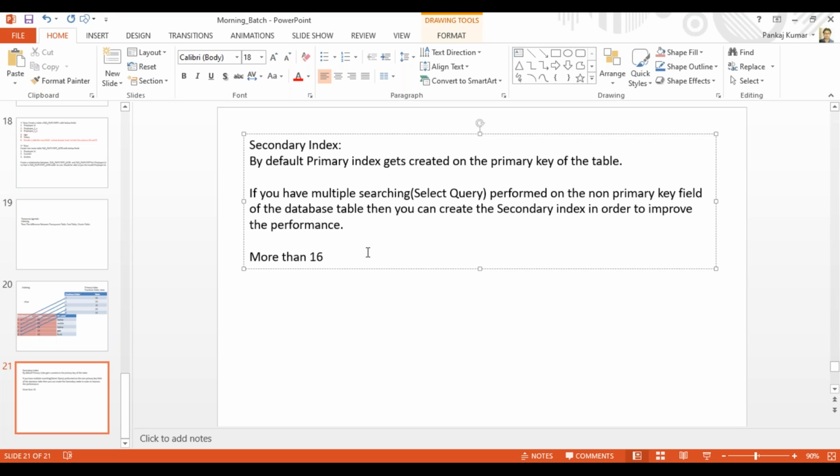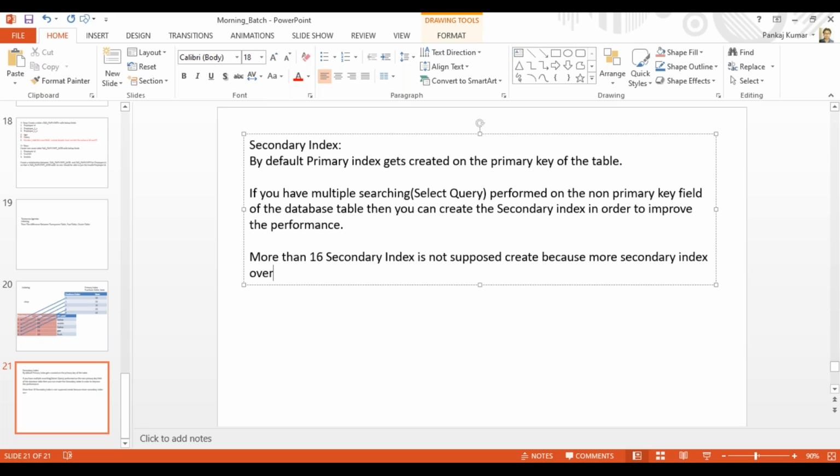More than 16 secondary indexes you are not supposed to create. The system will not stop you from creating them, but creating more than 16 secondary indexes is not advisable, because more secondary indexes can hamper the overall performance,